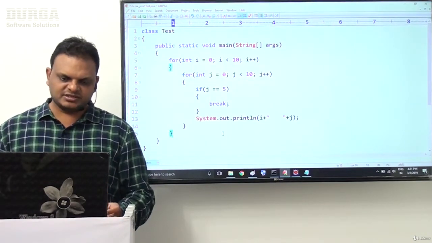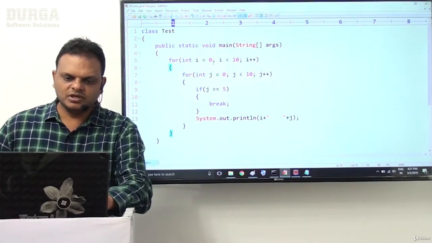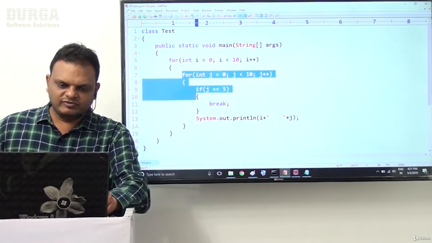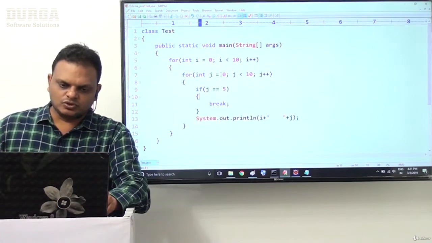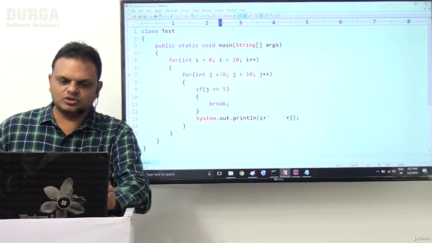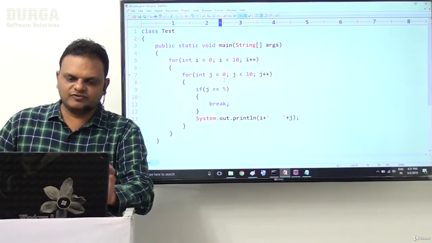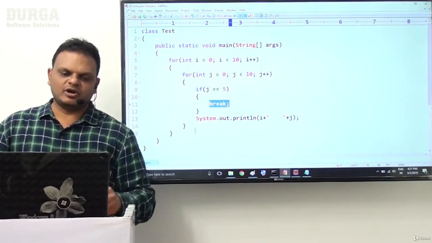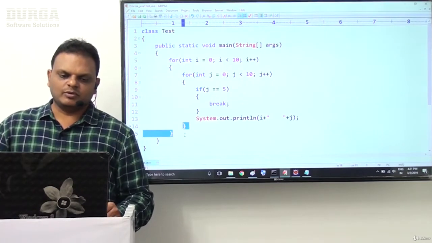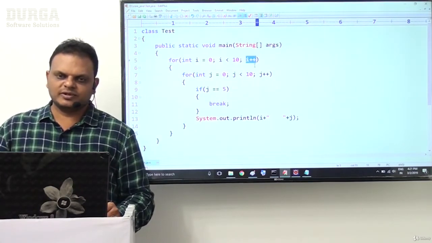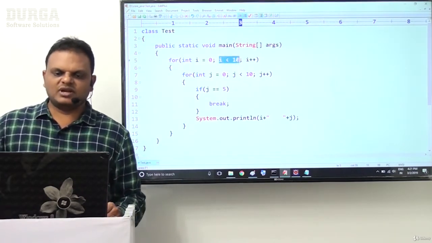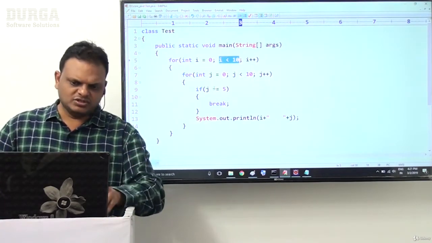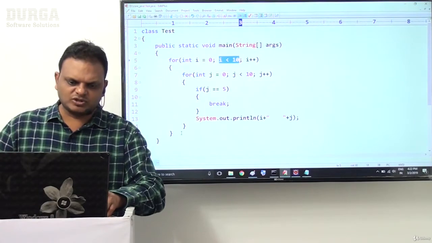Now, which output are we able to get? If i value is 0, 0 less than 10 condition is true, the inner for loop will be executed. j value 0, 1, 2, 3, 4, then j value 5 and the break statement. Break statement means coming outside of the respective loop. Then we go for i++. Now i value is 1, 1 less than 10. Again j values are 0, 1, 2, 3, 4, j value is 5, again the break statement comes outside of the nested loop.